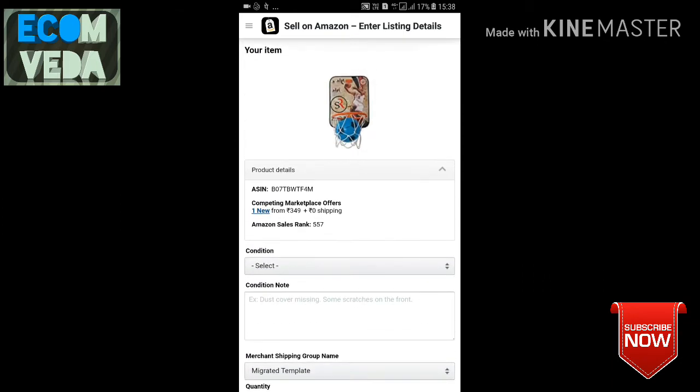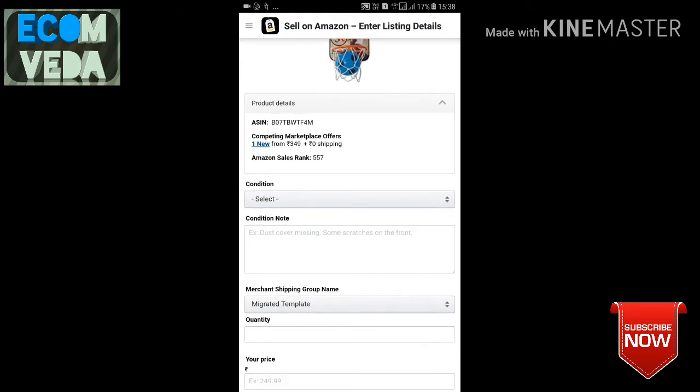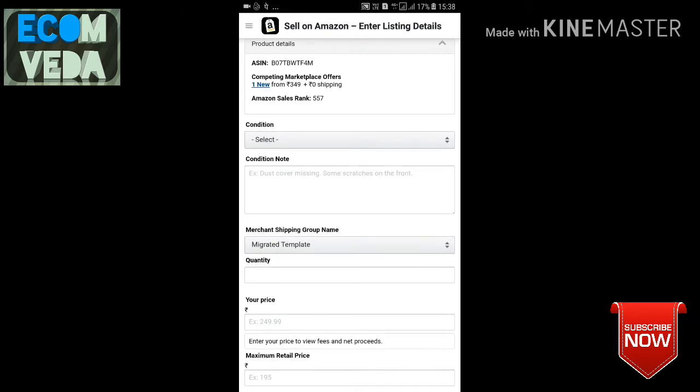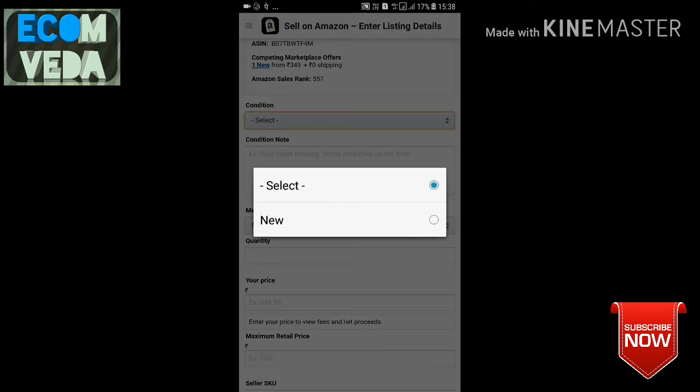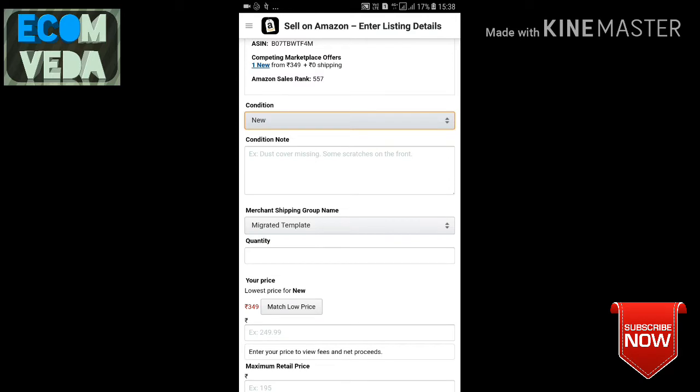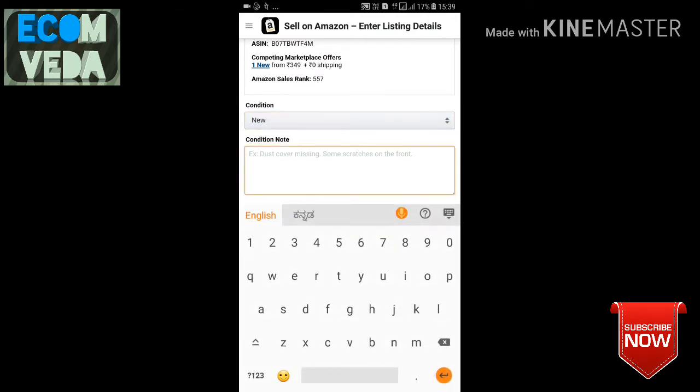This is a non-branded product, so you get a chance to sell it under that ASIN. For condition, you can select new because you are selling a new product. For condition note, you can type new one.